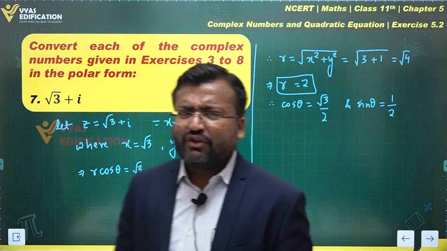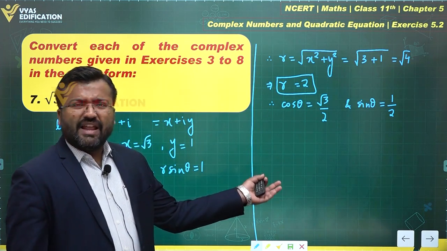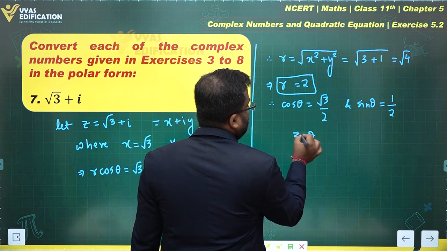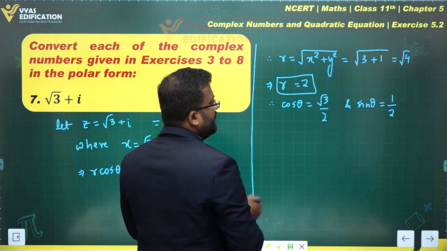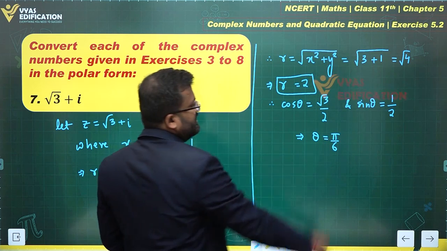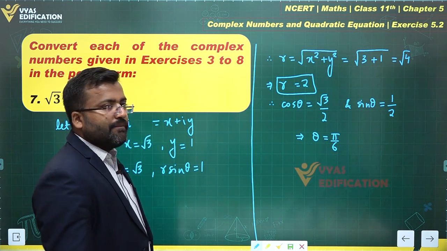Okay, that is pretty simple. Cos theta is root 3 by 2, sin theta is 1 by 2. It is lying in the first quadrant, and for the first quadrant we can easily find the value of theta. What is theta equal to? Theta is pi by 6. On the basis of these values, you can easily note that theta is simply pi by 6. Therefore,